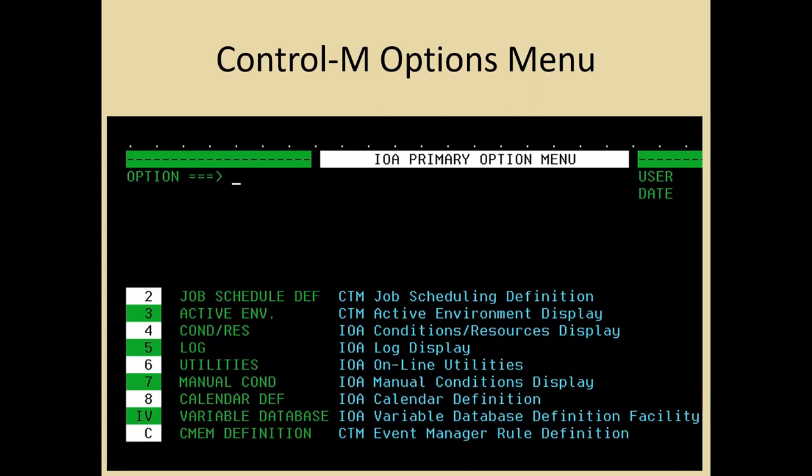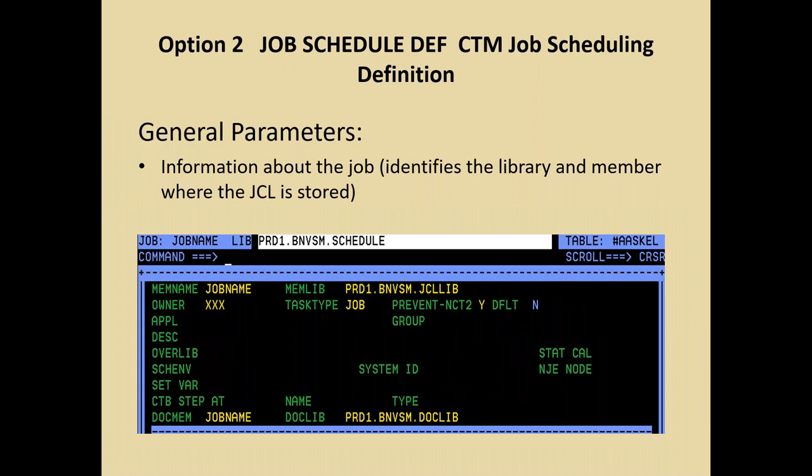You can see the screen in option 3 also, which I will explain later. So just try to understand what is written here. Member lib is nothing but your PDS dataset. I think most people know the difference between PS and PDS. So member lib is nothing but